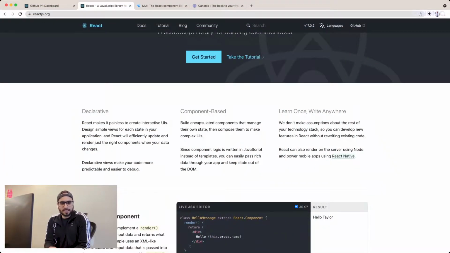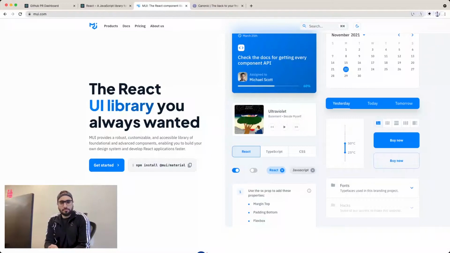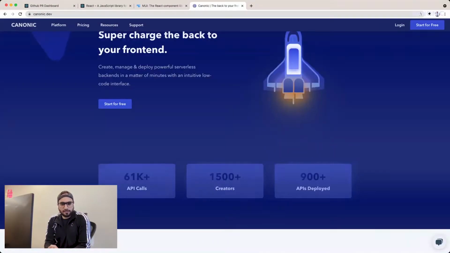Today, we're going to build a simple dashboard to see an overview of all the pull requests that your team has made on GitHub. It's a simple project to build the front end. We'll be using React.js and Material UI. For the backend, we'll be using Canonic to connect with GitHub and to get all the data necessary to show